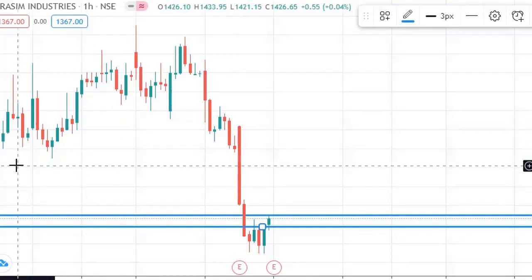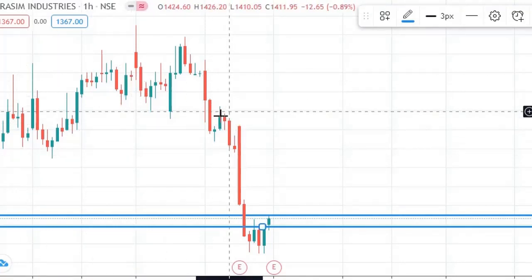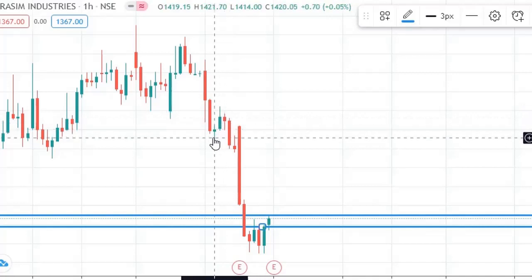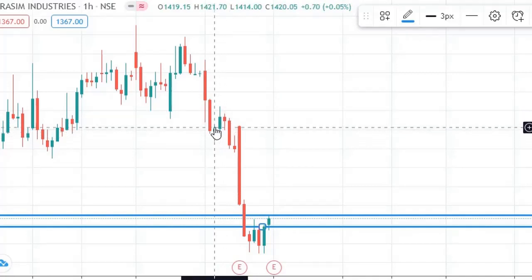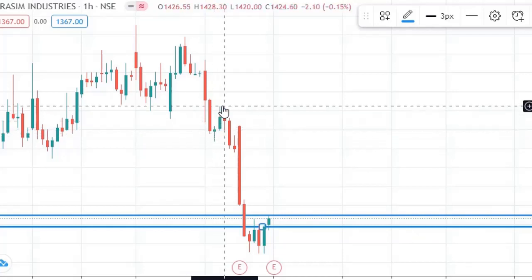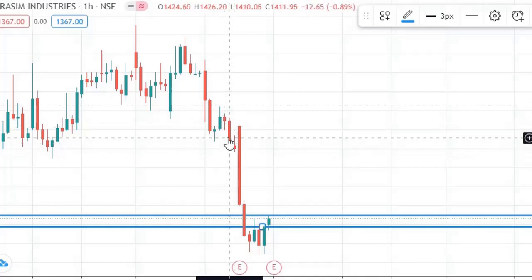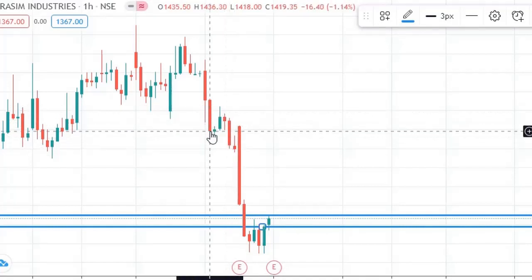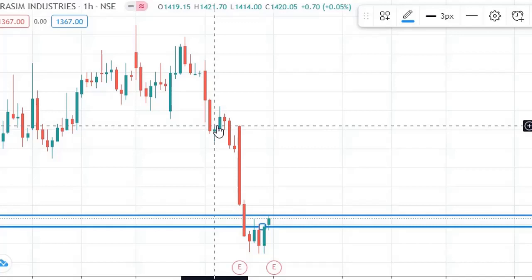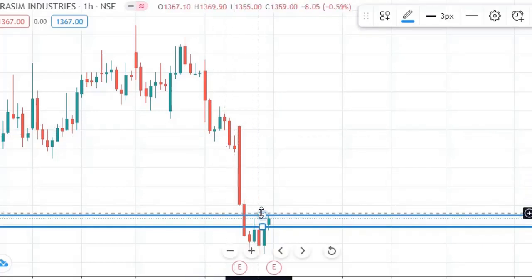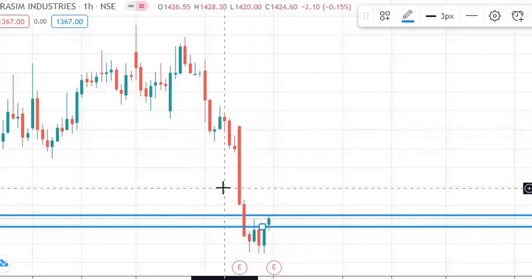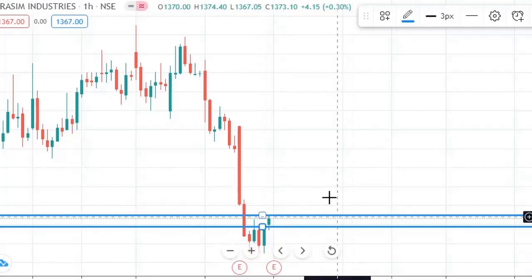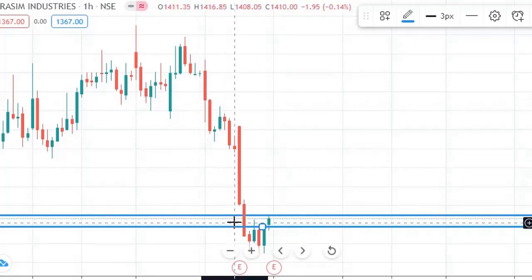Also you can see that when something like this happens in the market, you see the pin bar and then you see that the market has reversed and you take a trade, thinking that this is going to go up, but that doesn't happen and you immediately get stopped out. These kinds of things, this theory will give you the direction where the market is actually going and where the market has stopped out. It doesn't mean that from here it reverses, that it will not go down. It may come up and go down, but basically this wave has ended. That is what I want to tell you.